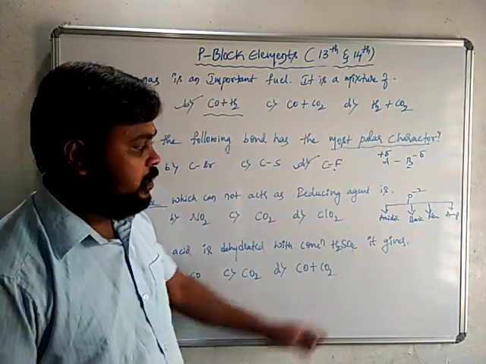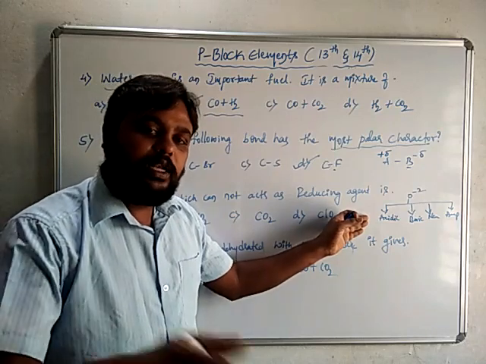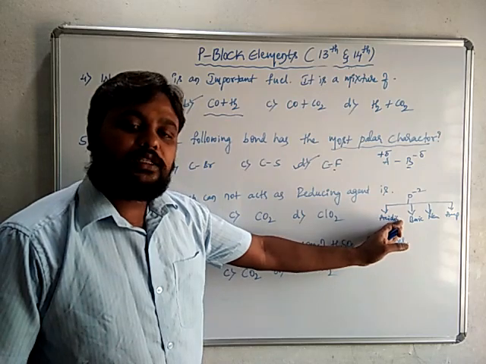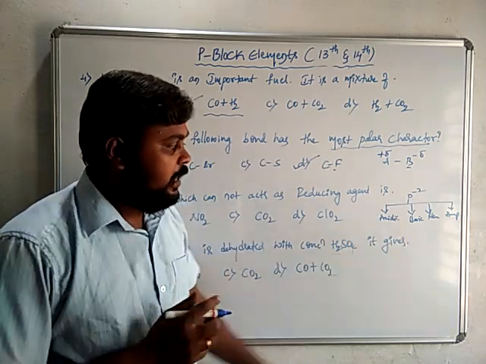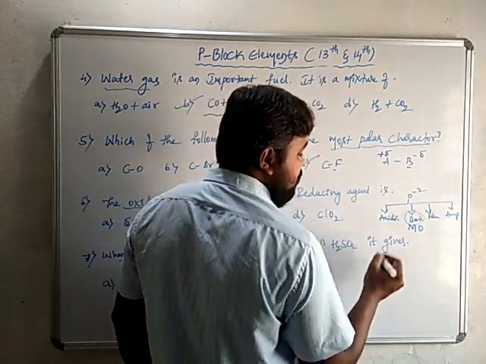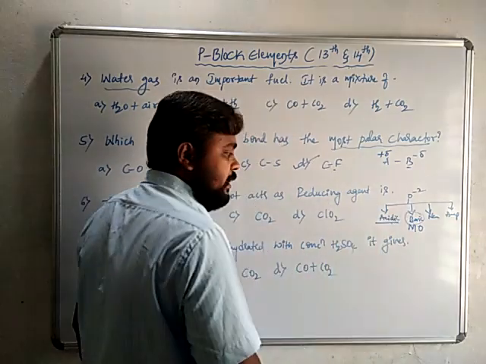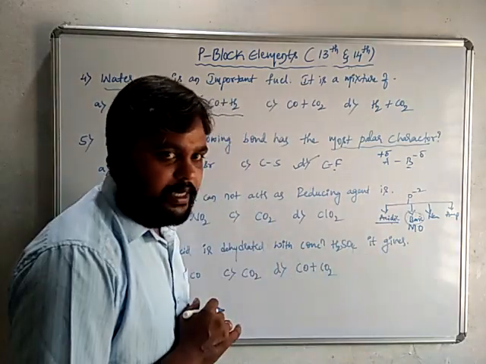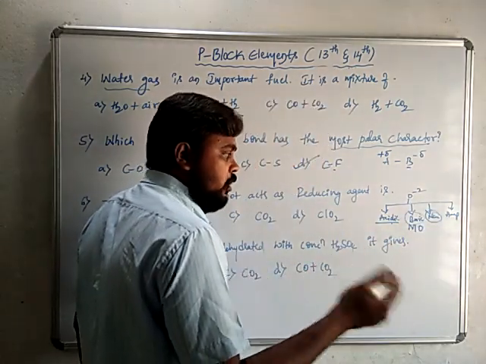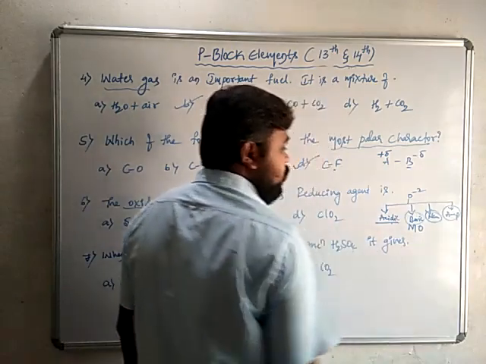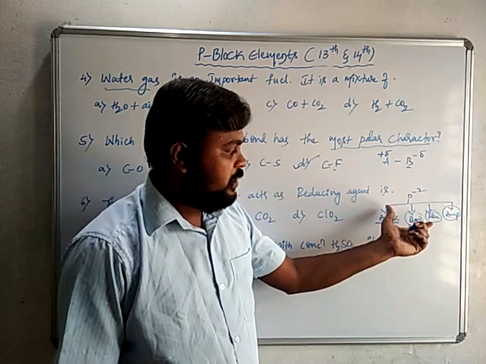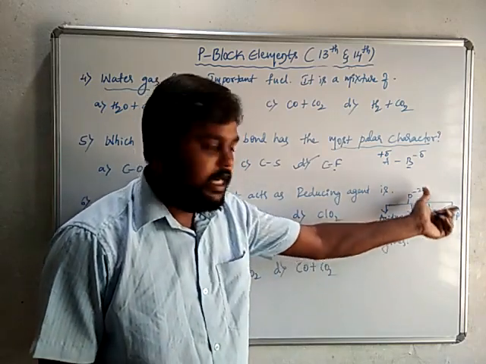What are acidic oxides? These are the oxides which, soluble in water, give acids. What are basic oxides? These are the oxides which, if you react with water, give bases. Generally metallic oxides are bases, whereas non-metallic oxides are acidic because when they react with water they form acids. A neutral oxide cannot form either acid or base. An amphoteric oxide can form both acid as well as base. So these are the various types of oxides: acidic, basic, neutral and amphoteric.